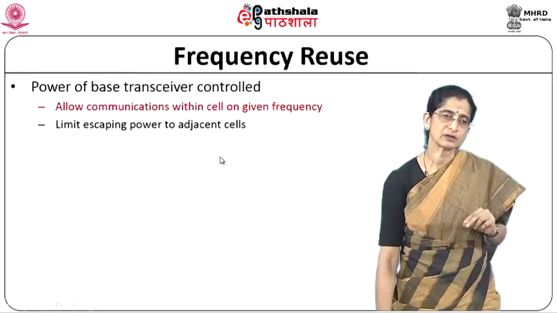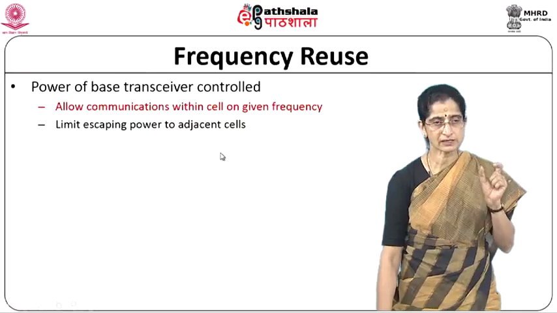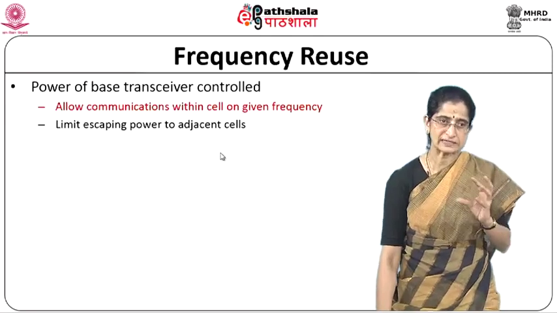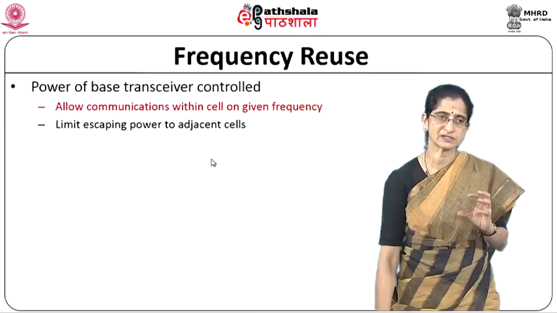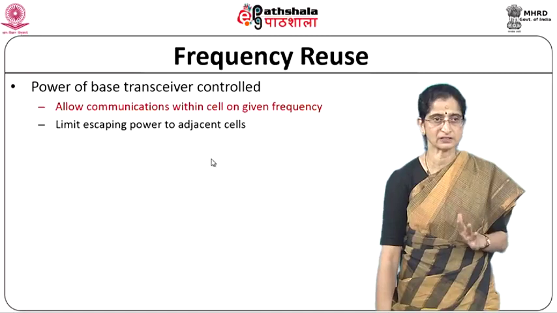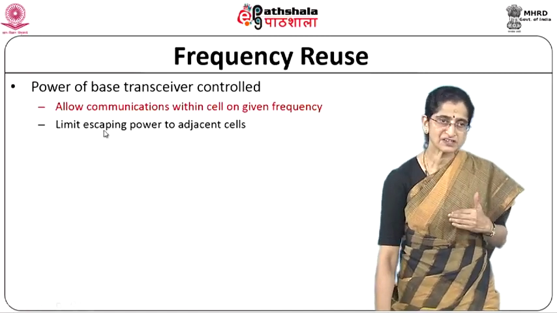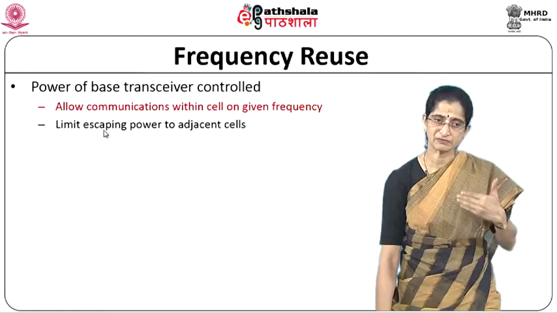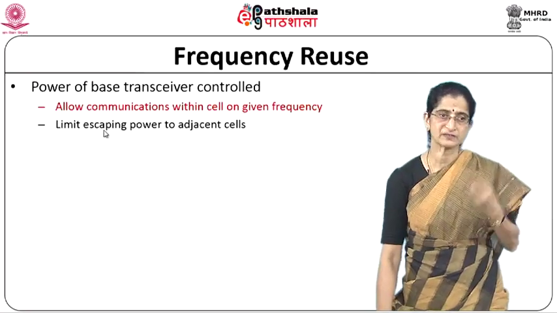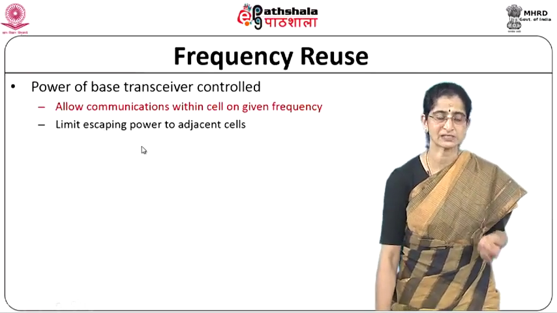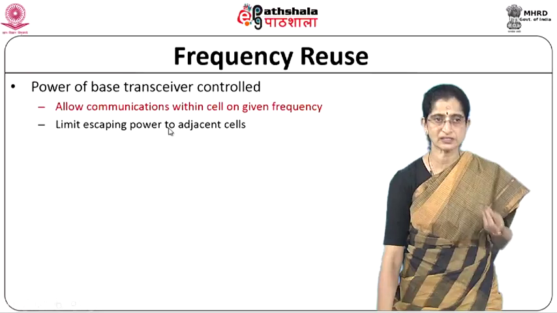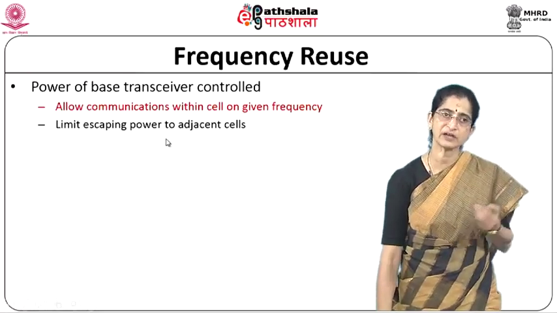Now one of the very important aspects of cellular networks is this idea of reusing the frequency. We said that there will be a set of frequencies for each cell, and the same set of frequencies can be reused by another cell, provided that cell is not adjacent to the current cell. Obviously if they are adjacent, you cannot reuse the same frequency because there will be interference. But if these frequencies are reused at a cell which is a little away, so that the signal from one will not interfere with the other, you can reuse the frequencies. The advantage of this reuse is that you will be able to increase the number of users you can support overall, and you are able to make better use of the available bandwidth.